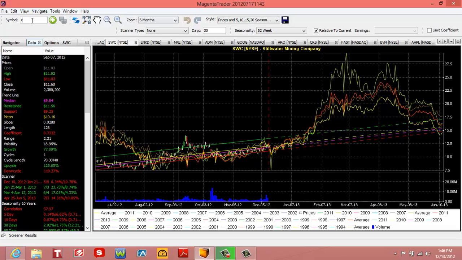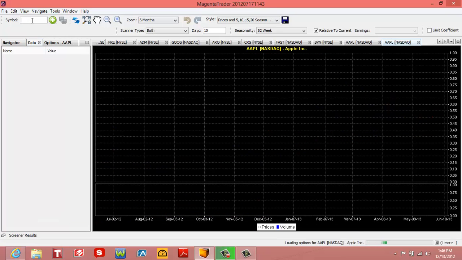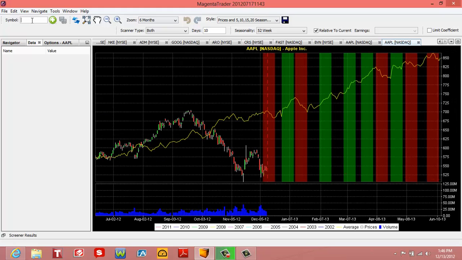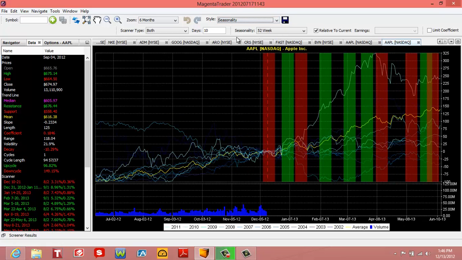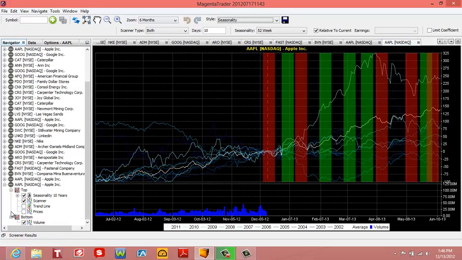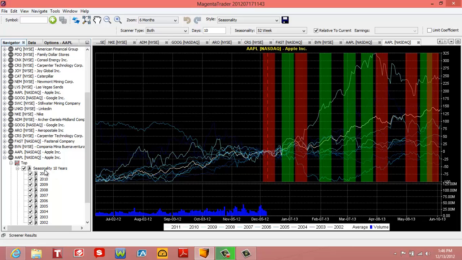Let's look at another stock, for example, Apple. It's always a popular stock to trade here. And I can quickly, if I just look at the seasonality area, see what are the strongest periods for Apple. Again, if I go to the Navigator section and click right here, I can eliminate any